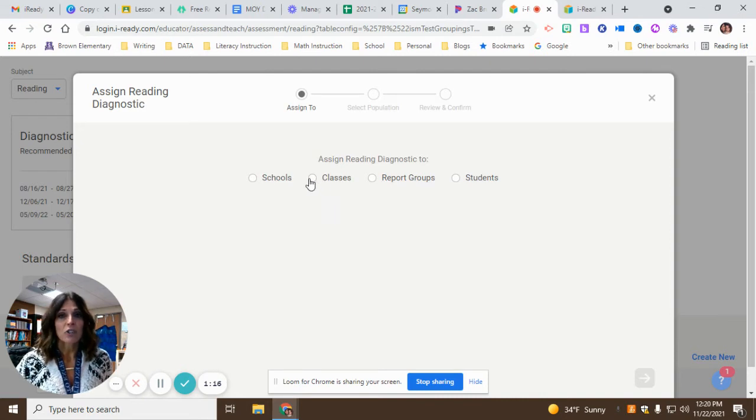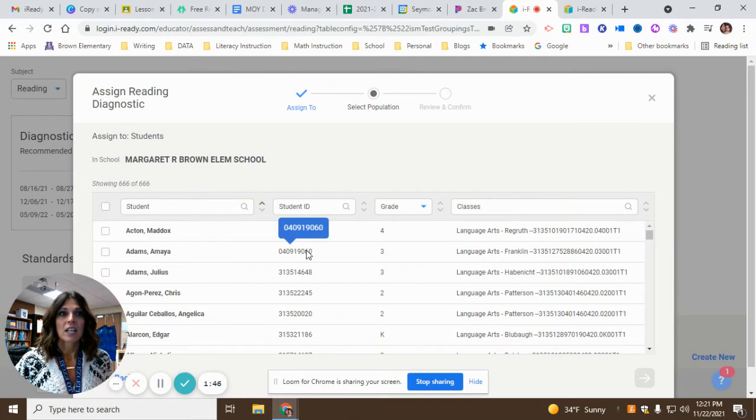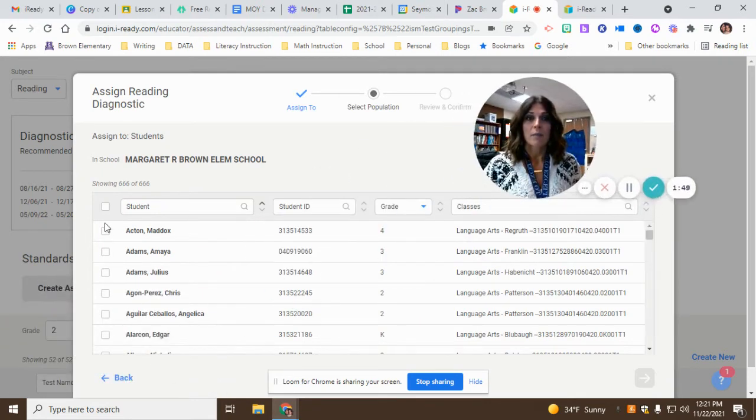You can assign it to your class because you will just have that option, or you can say students or report groups. I suggest assigning it to students because that way you're able to select who takes it. So if students aren't there that day, they're not getting it while they're at home, or if a student takes the diagnostics with a special education teacher, they won't be in that point to have to take it at that moment. So I would select students, hit your green arrow,